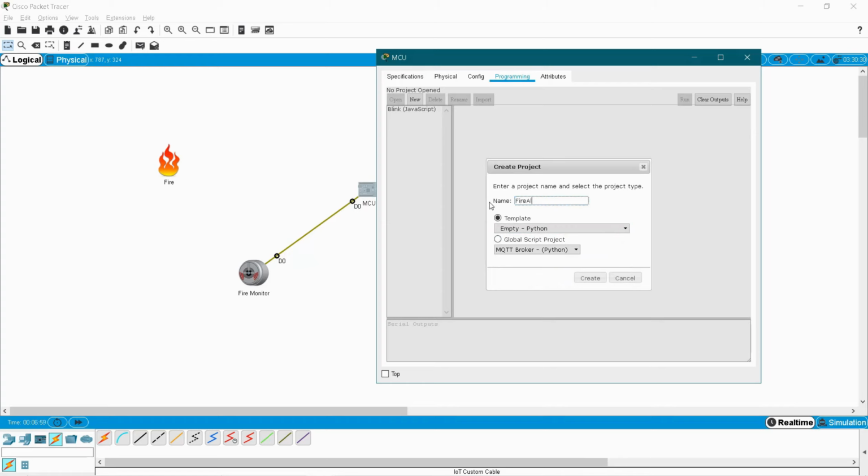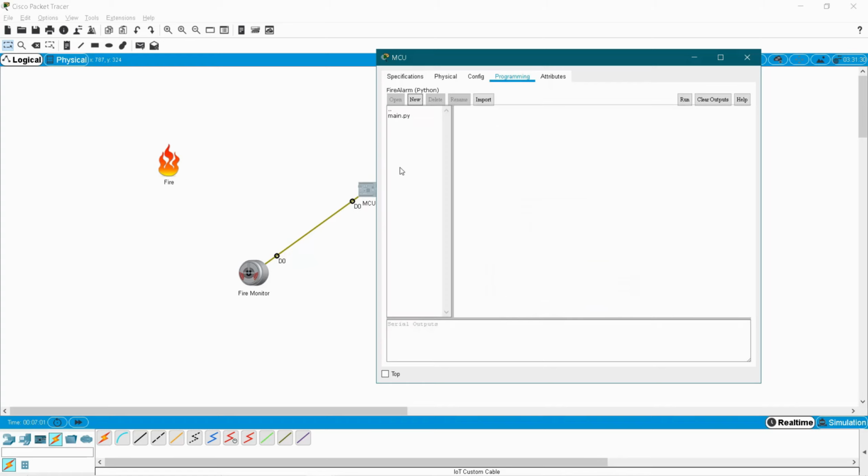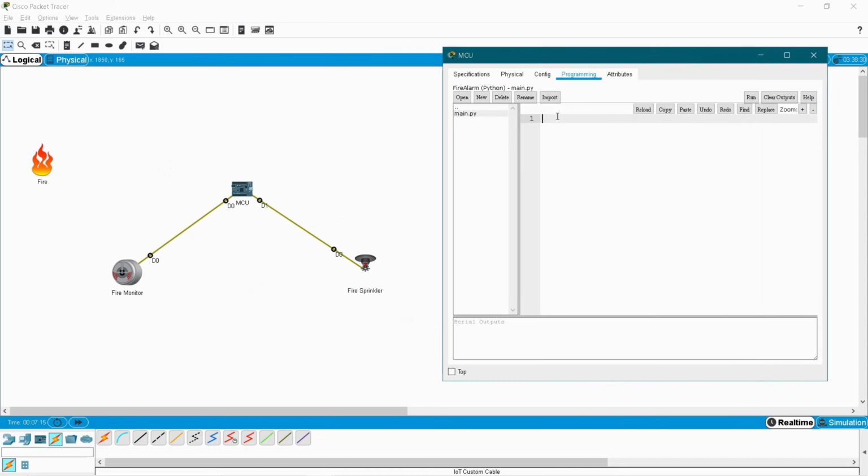Okay, and create it. Inside the main there is no coding part. Here I am going to create the coding part. First I have to import the packages. The first package decides my input output. GPIO is my general purpose input output through which your device is connected with your MCU. Import star means all the classes and methods, and from time for delay and time for sleep, import star. And here I am going to create a main method.